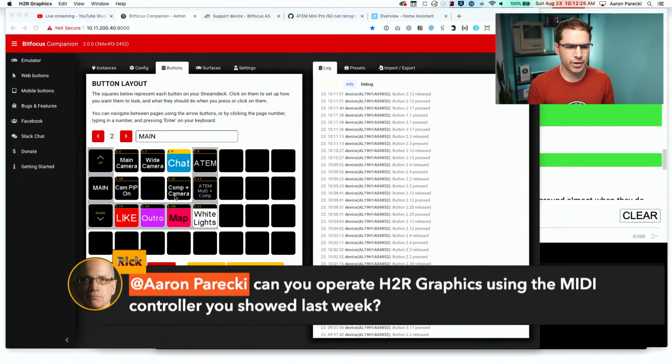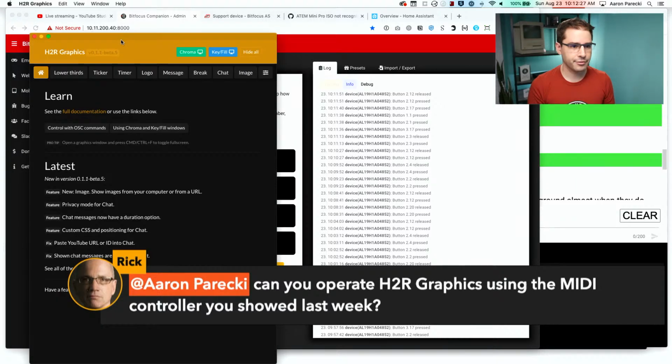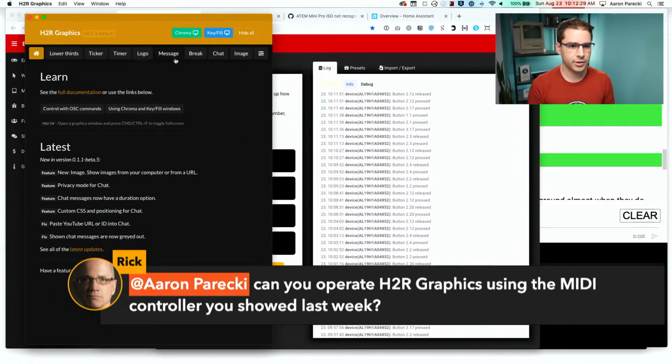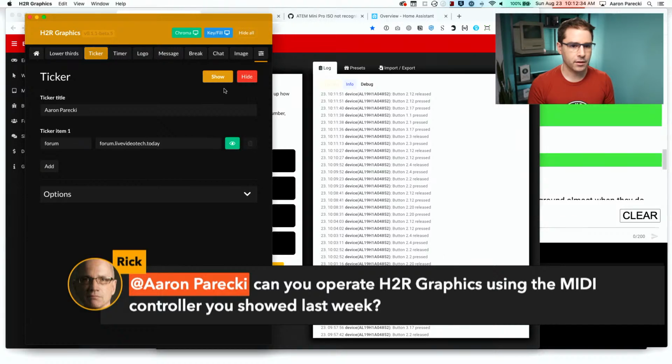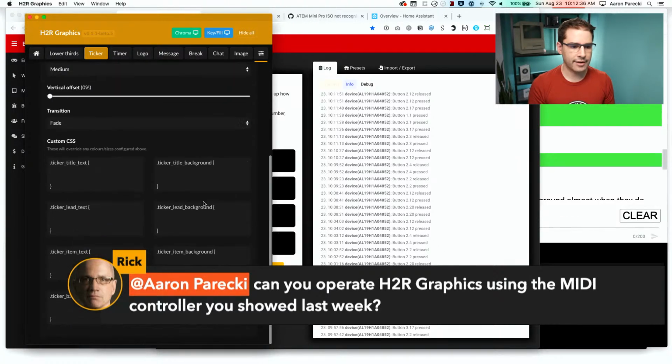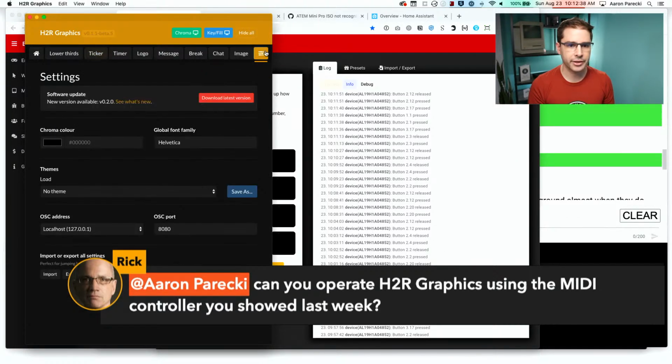And I don't know if I have enough set up here to demo that. Let's see if I do. Because I haven't actually done this in H2R Graphics before, but there is this whole section about OSC commands, sending OSC commands to H2R Graphics.